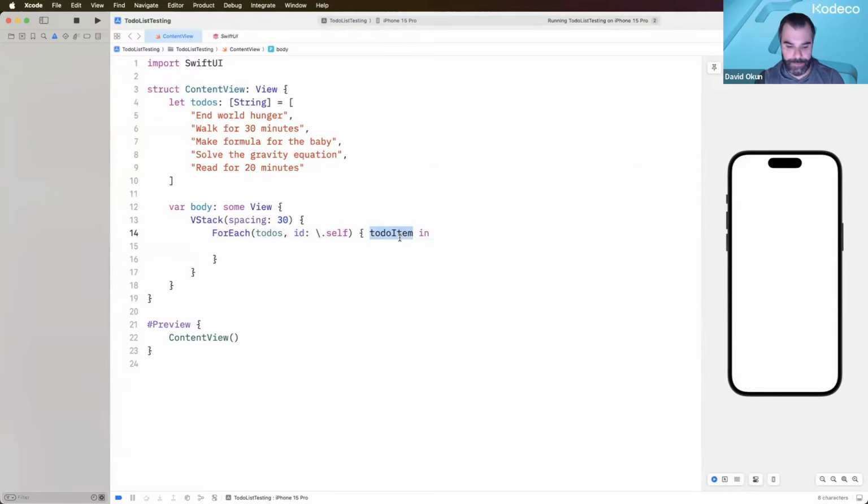And this todoItem is basically, as you go through 1, 2, 3, 4, 5, you have access to that particular string at that index, and it's called todoItem. So now that we know that this is a string, what we can do is we can type Text(todoItem). And if we build that here, our user interface updates right away. So now you can see over here that instead of having a VStack where we've listed every single string in the array deliberately,